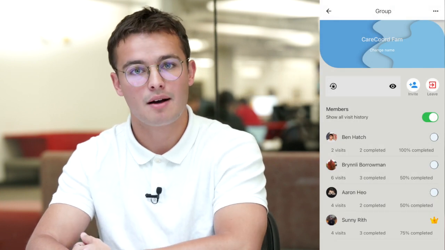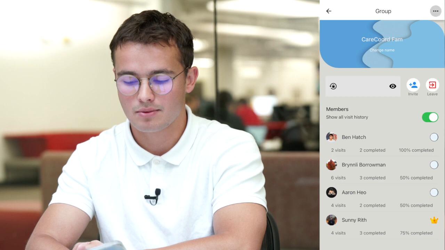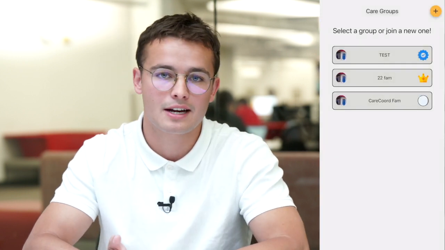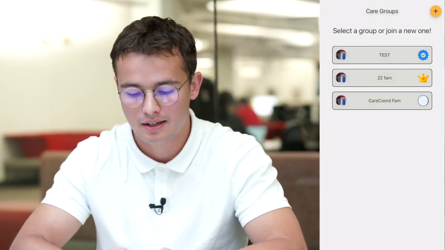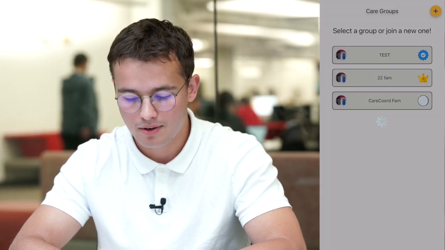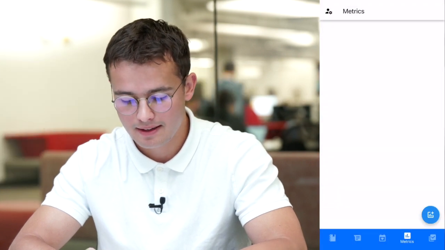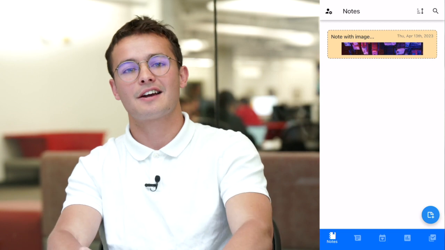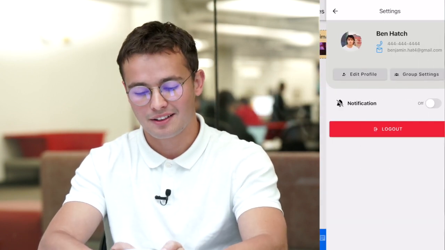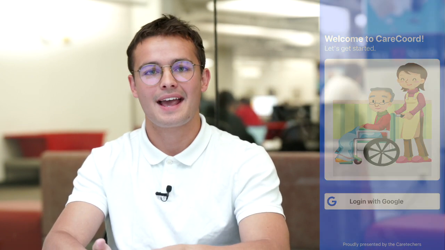And if we click the top 3 icons in the top right, we can switch between our various caretaking groups that we've already joined, like so. We'll go ahead and do that now. And we'll see that we're in the different caretaking group. I'll go ahead and log out to finish off the demo. And then I'll hand things off to Sun to talk about some of the technologies that we used to build